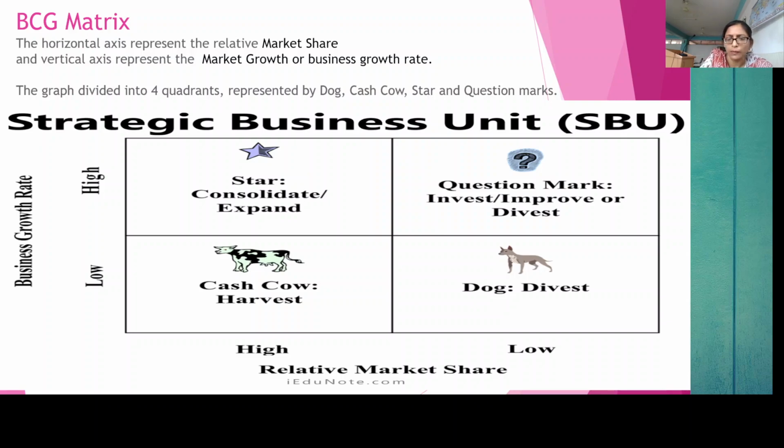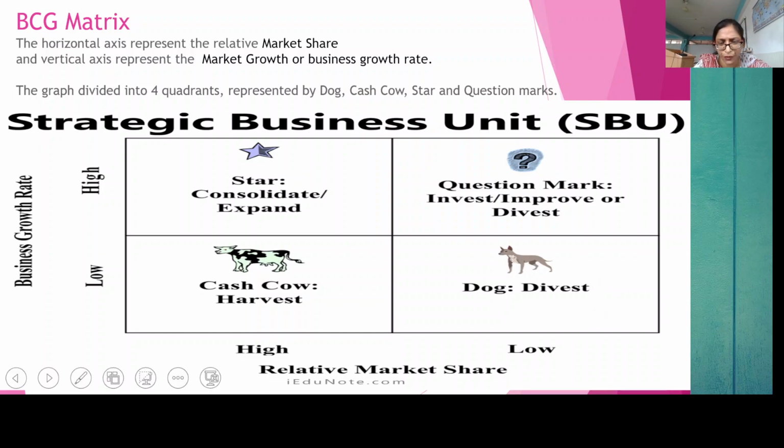So in the dog category, we will try to divest the product. We'll be talking about some examples, but before that,